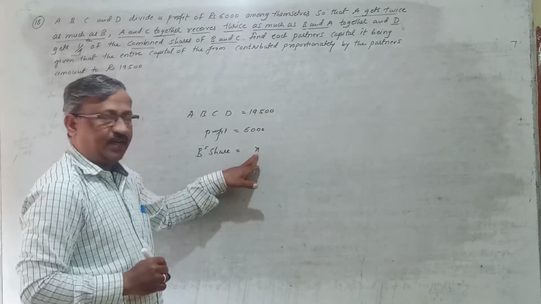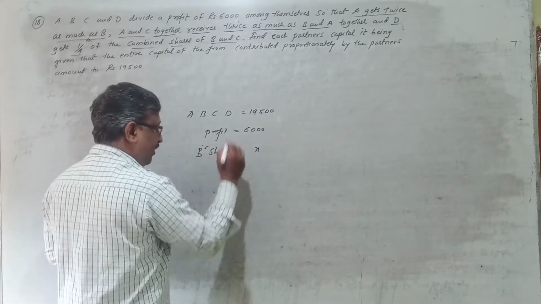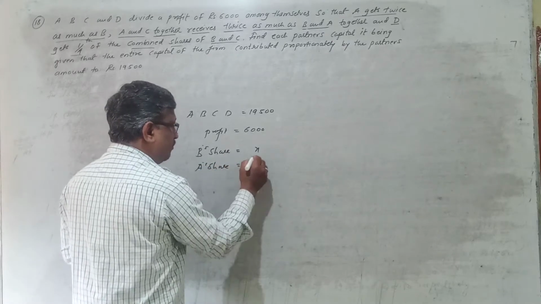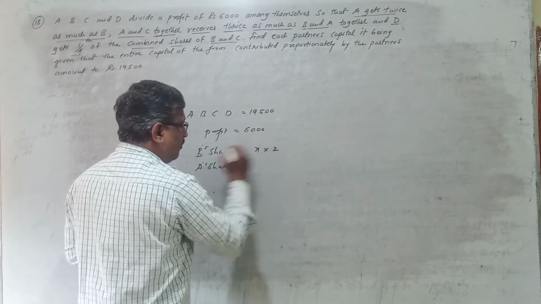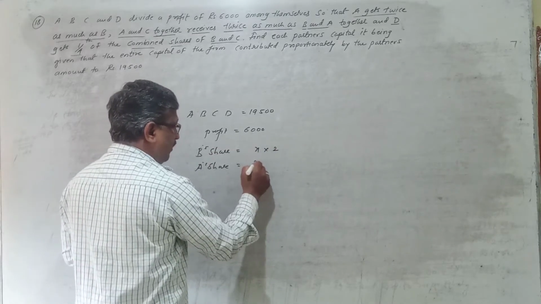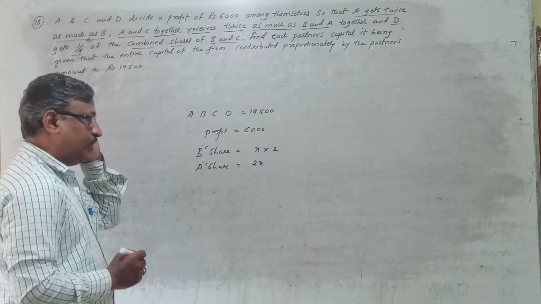So what B is getting, of that double A is getting. Means if B's share is X, then A's share must be double of this. So you have to double the share of B. So 2 times B's share, you will get A's share. Means A's share must be